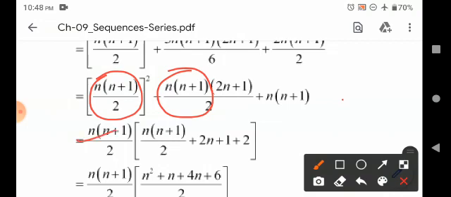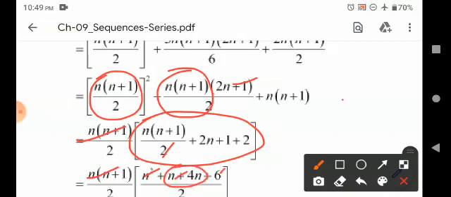Therefore by taking n into n plus 1 divided by 2 outside, we are left with 2n plus 1 divided by 2 plus 2n, because this is already there, and this is left with 2n plus 1, and from here we are left with 2. By taking the LCM from this bracket and by simplification we get n into n plus 1 divided by 2, and by taking LCM and all we get n square plus 5n plus 6 divided by 2. By addition of these two becomes a 5n.